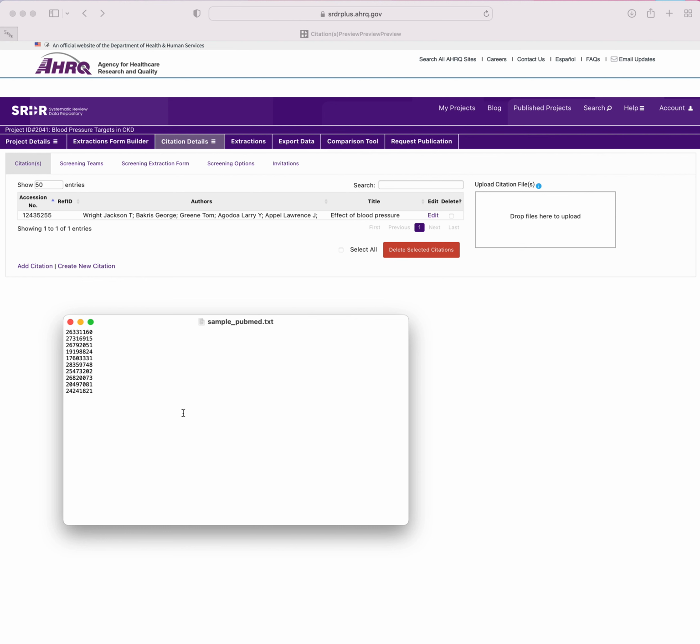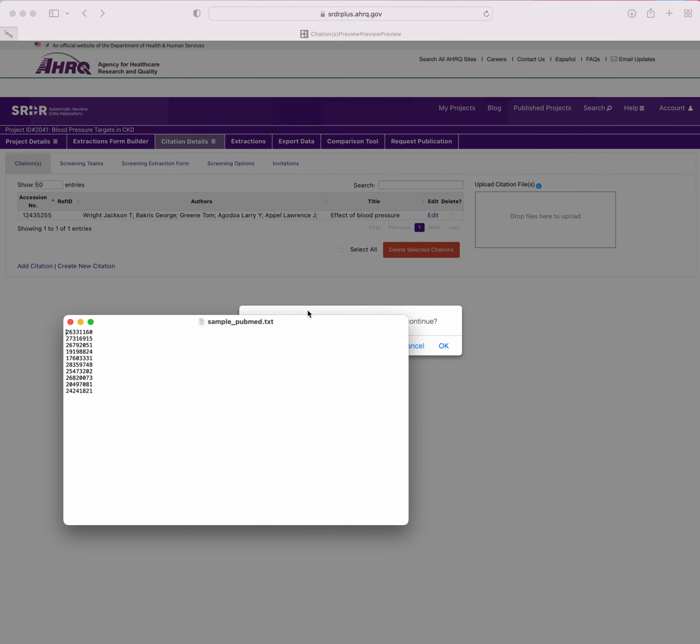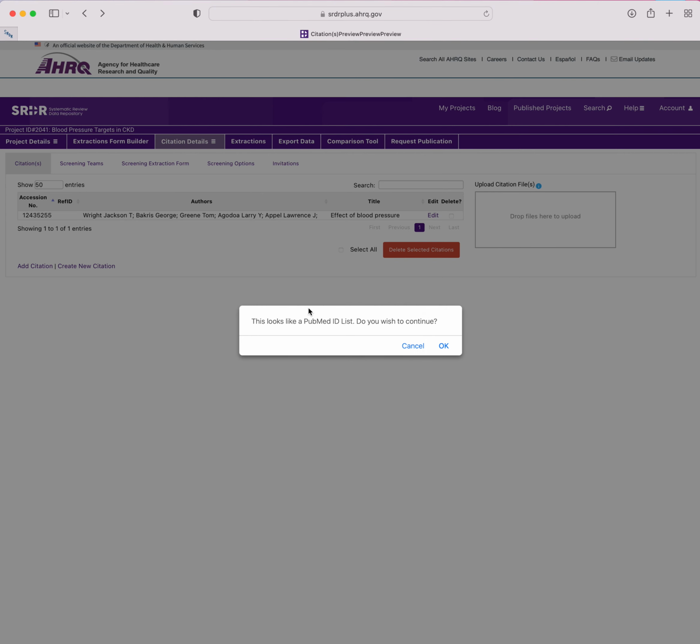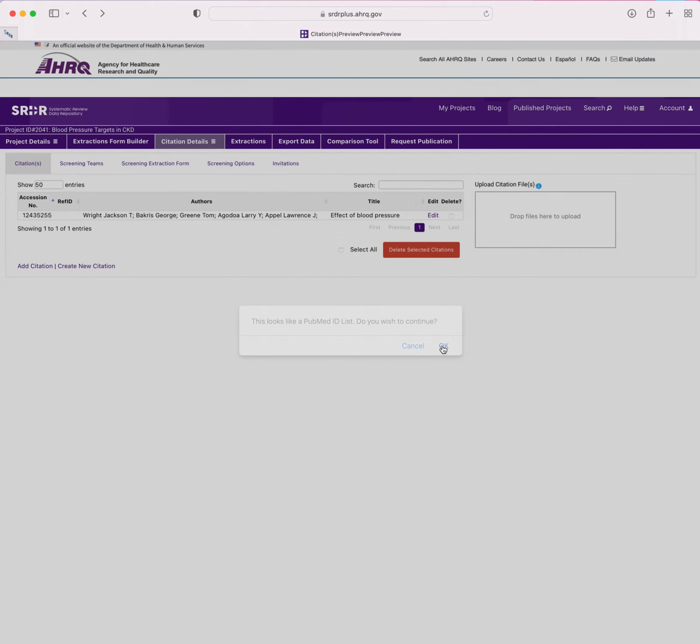Now I'm going to use this file as is to upload this exact list of citations to my project. To do so, I will drag and drop the .txt file from the Downloads folder of my computer into the drop area of the citations page. Then I will click OK on the dialog box, asking me if I wish to continue with the upload.